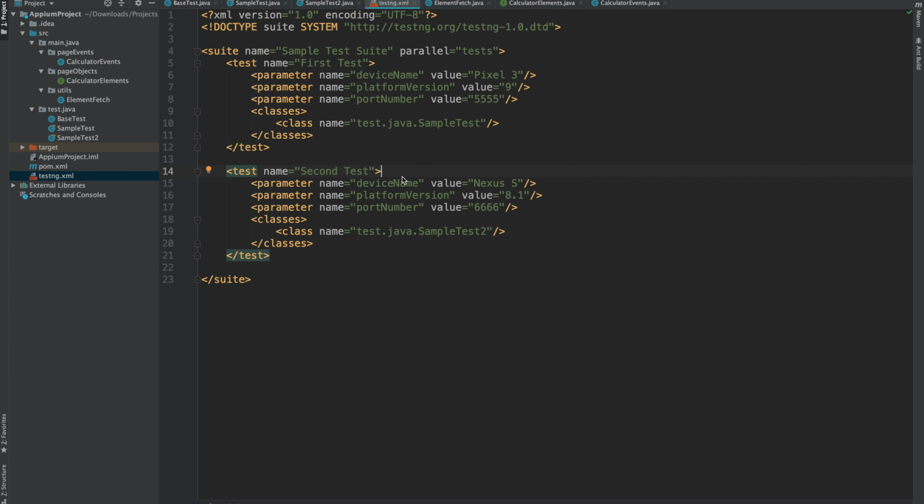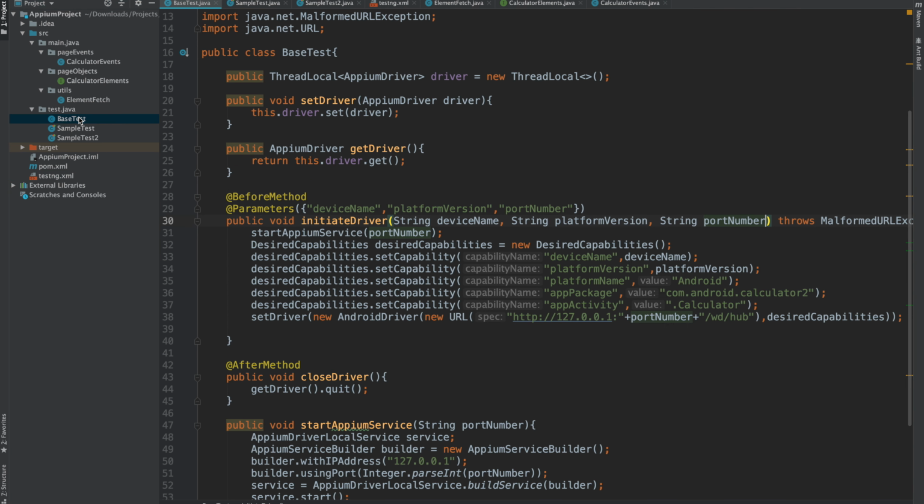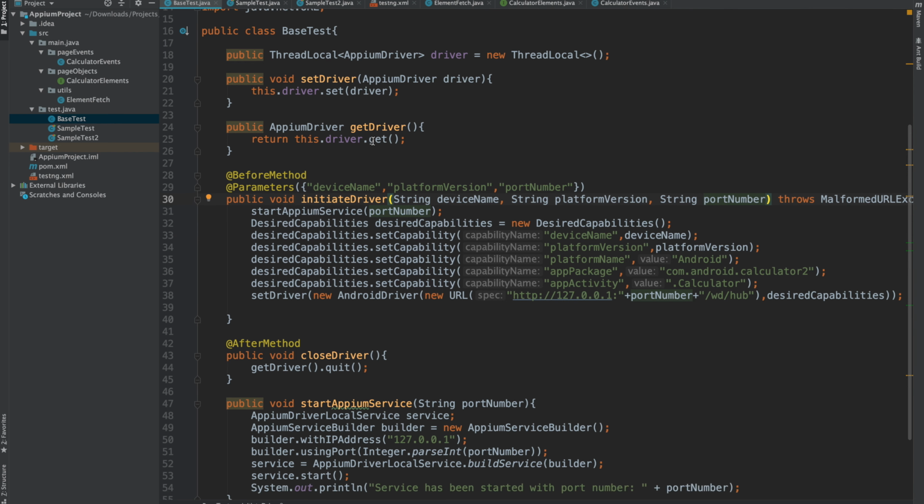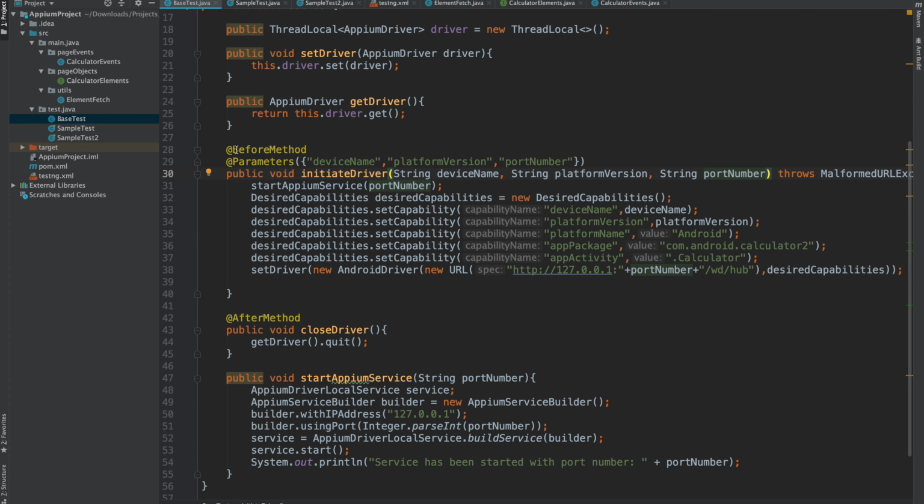However, let's recap whatever we have done till now. So we have a base test inside which we have a thread local APM driver, and then we have the setter and the getter method of that particular driver. We have a before method annotation inside which we are starting the APM service, and then we are putting all the desired capabilities, and then we are setting up that driver along with the URL that we are basically sending it.